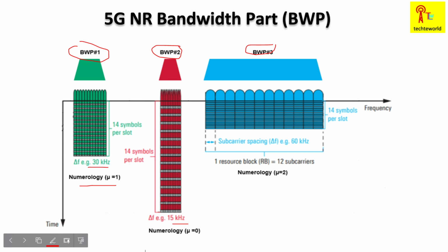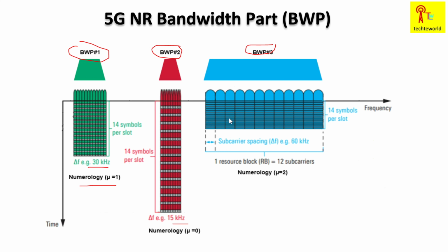Okay, so now the third bandwidth part is bandwidth part 3. Bandwidth part 3 has a sub-carrier spacing of 60 kilohertz, and the numerology associated is 2. In this way, we can say that our entire bandwidth has been divided. This is just an example to show how an entire 5G bandwidth can be divided into small bandwidth parts